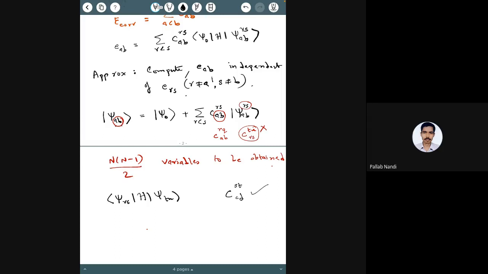But RS to TU is not possible, although <psi_RS|H|psi_TU> is a valid quantity because they are doubly excited with respect to one another. This is a valid quantity, but it will never be required in my independent electron pair approximation. This is required for your double CI. So in the double CI matrix, you have the